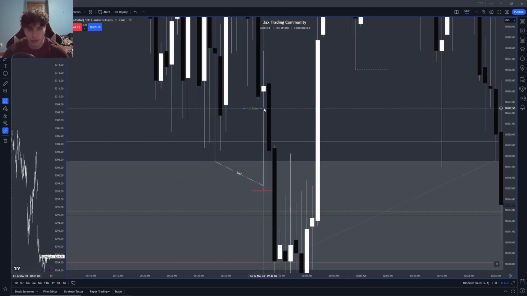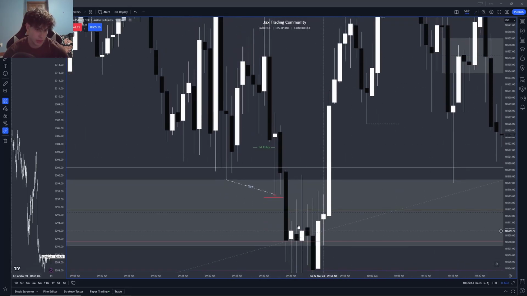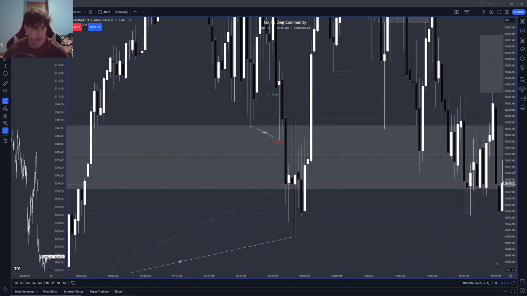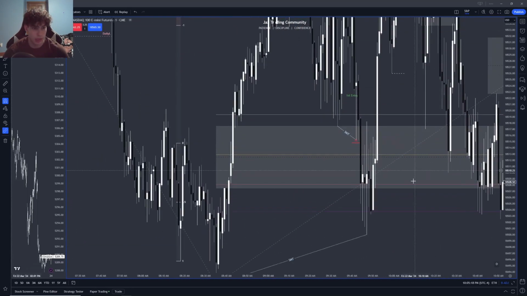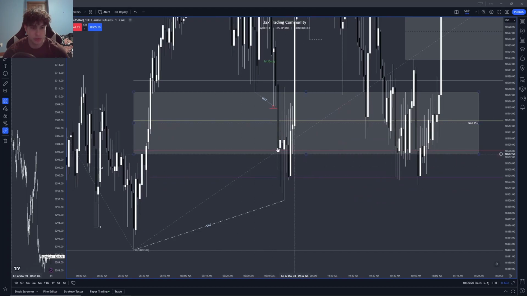As you can see, this wick, this is what happened in the move. We came down, tapped it, created this SMT, then we came back up, and I entered right here. We came up to here, and then it got stopped. This was my stop loss. So this is the first trade, and then what happened after this, we came back down, we went to the OTE